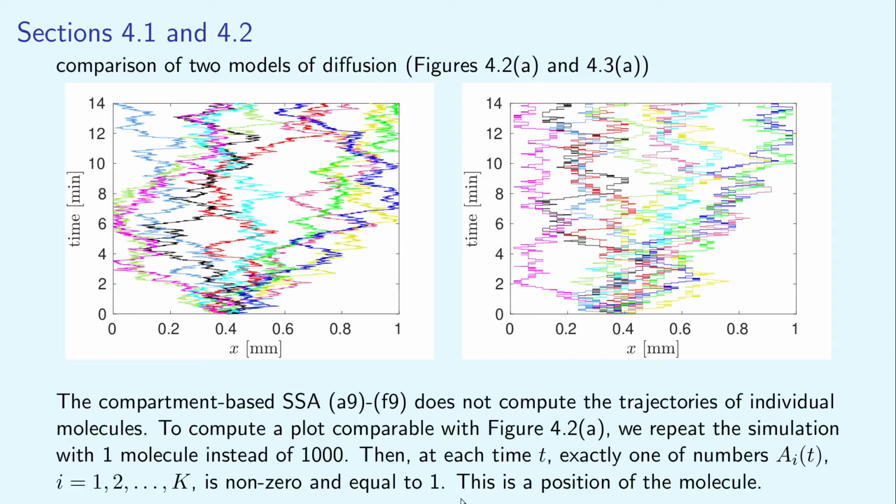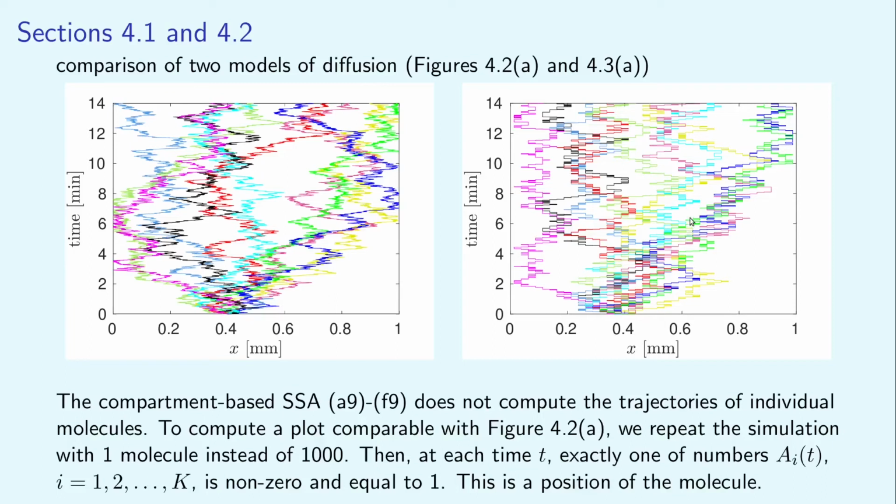So the state of our system in the Gillespie algorithm is described by a vector of 40 numbers, which has one coordinate equal to 1 and the remaining 39 coordinates equal to 0. We can extract the position of the simulated molecule from this vector as the index of the non-zero coordinate. I have plotted this number in figure 4.3a to show that plots of illustrative trajectories are also comparable between both models. The results calculated by the compartment-based approach are presented in figure 4.3a, which I have plotted on this slide as the figure on the right.